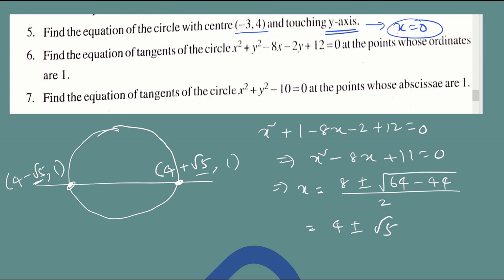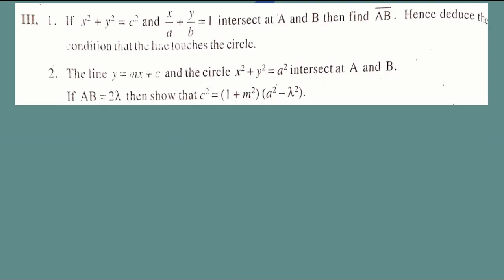Now once you have the points, you have to find the equations of the tangents. For that simply use the formula S1 is equal to 0. At this point you need the tangent equation S1 equal to 0 with this as x1 y1. Similarly at this point also you can find the equation of the tangent. I leave it there. Even the seventh problem is a similar thing. This time he gave abscissa as 1. So at the points where you need to find the tangents, the x coordinates are 1 this time. So I leave it.